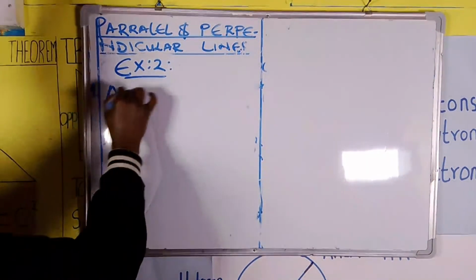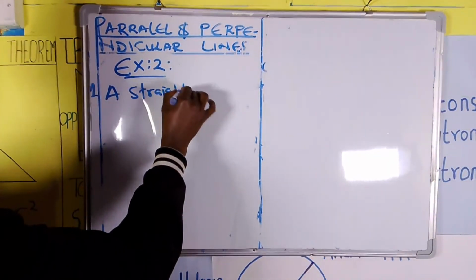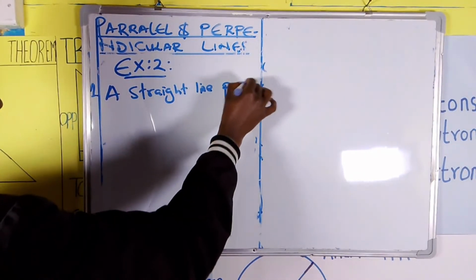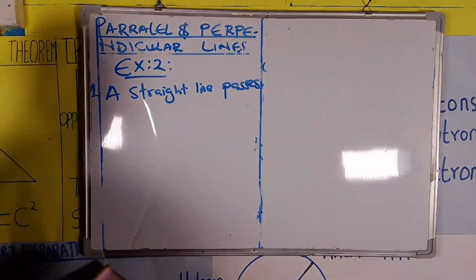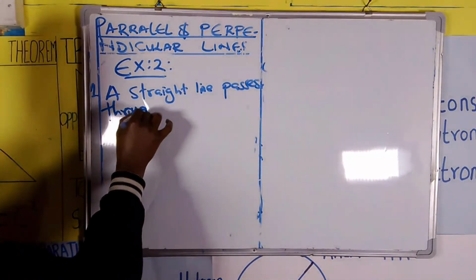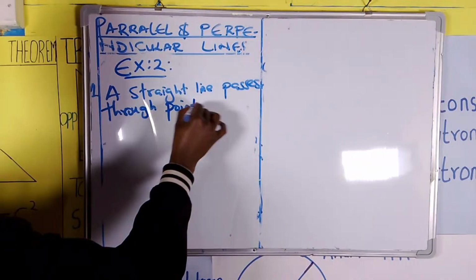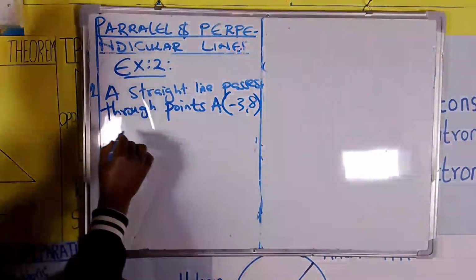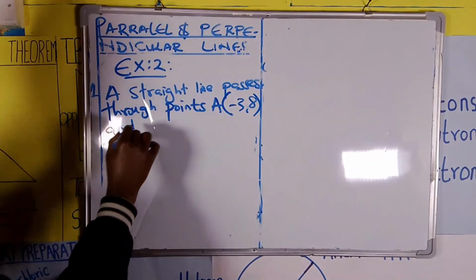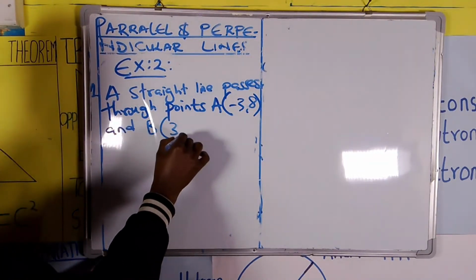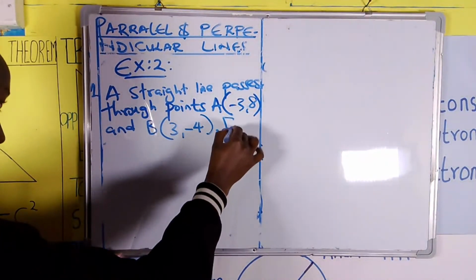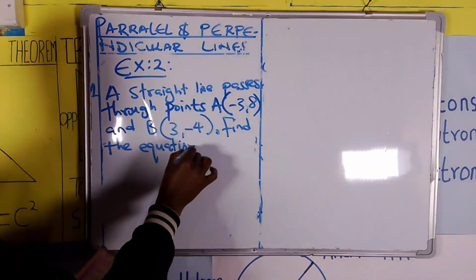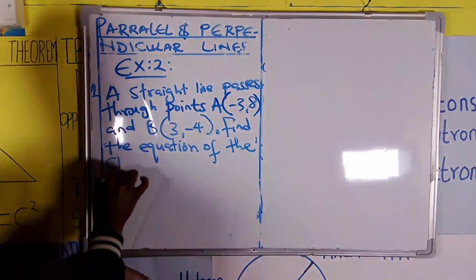a straight line passes through points A, negative 3, 8, and B, 3, negative 4. Find the equation of the straight line